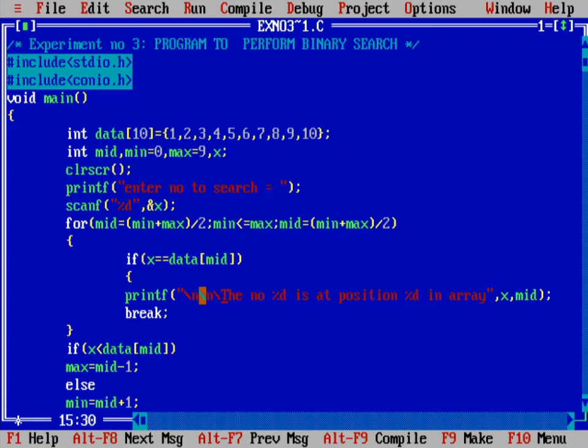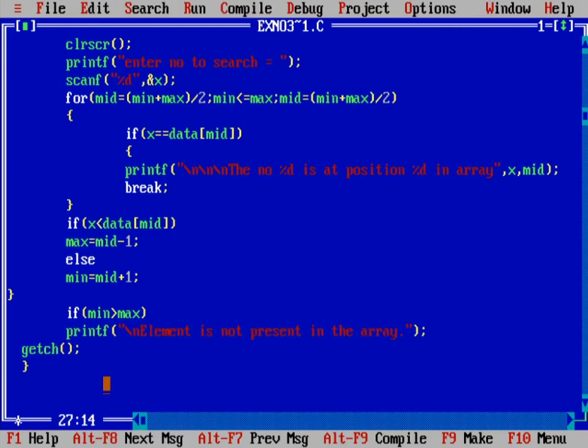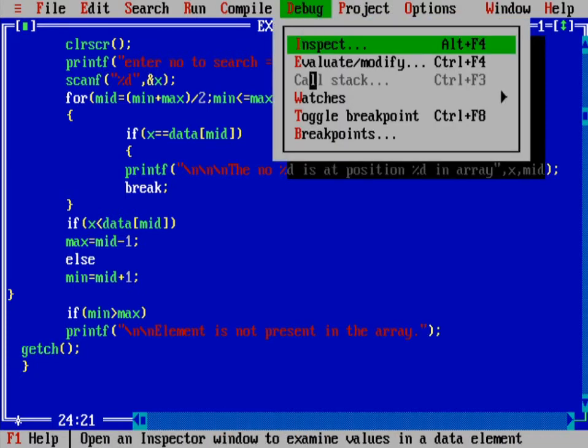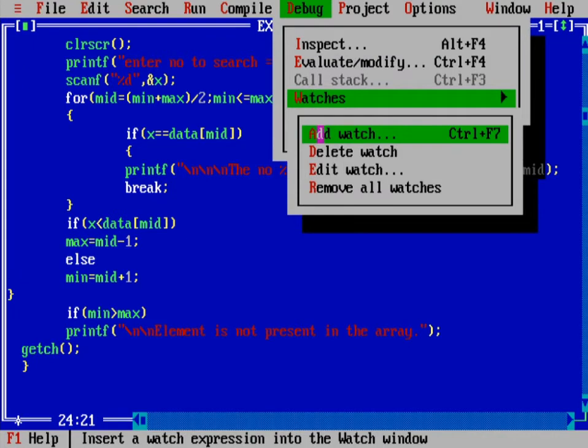Let us understand this with the watches. In C programming, watches are used to see the value of every variable. Here we can add the watches from debug. Go to watches, add watch.